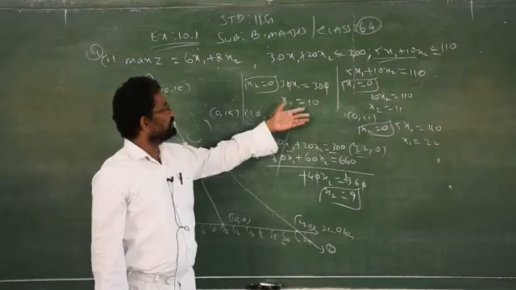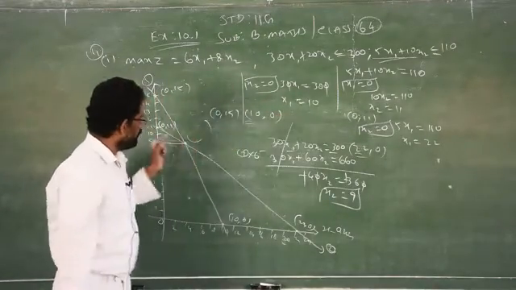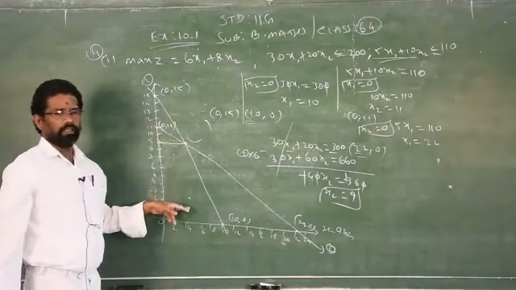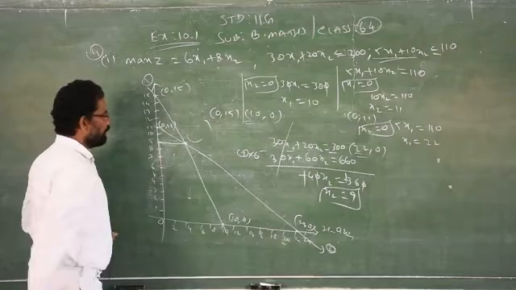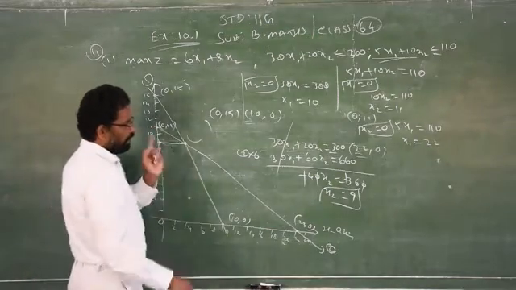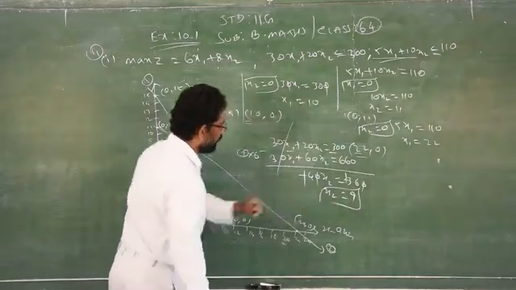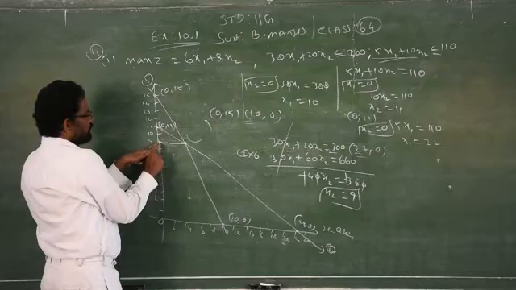But if you don't know the process, you cannot plot the points on the graph. So the process doesn't carry marks. Only the straight line points carry the marks. Clear? That's what I told you already. If you plot the points exactly on the graph sheet, you will get the exact answer. See, I got x2 is equal to 9. What is x2? Y-axis. See, this line exactly meets the y-axis at 9.